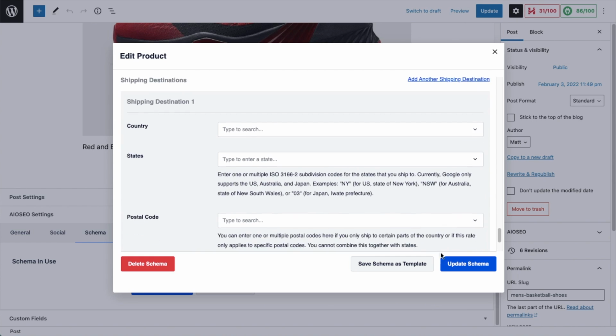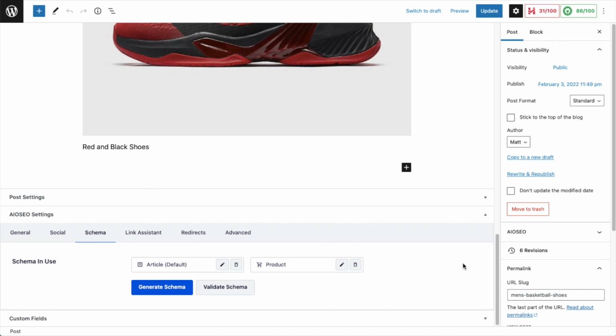So when you're done doing all that, click the Update Schema button. And then we have to remember to update the page as well that the schema applies to. So schema is not something that you're going to see when you view your page in a browser. It's something that exists on the page, but it's code. So if you want to see that that schema was in fact created, what we can do is choose to